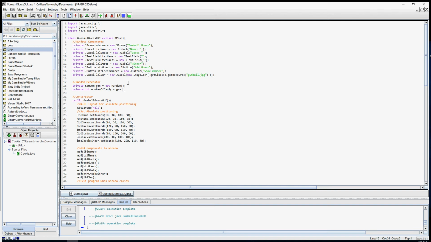So I'm going to say gen.nextInt, maybe give them a random number somewhere about the range of 200. And I want there to be at least a little bit of candy in the jar, so I'm going to say plus 100. So now we have anywhere from 100 to 300 candies in our jar. Okay, now let's do